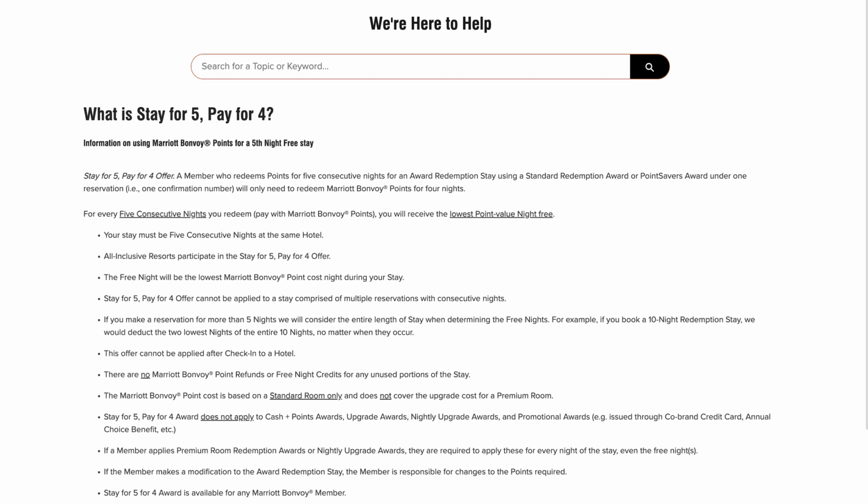So I quickly jumped on my computer to search for the award availability. It was like a complete miracle how the award availability lined up exactly with the flight that I already booked. The tricky part was that I had to find 5 days in a row because I wanted to take advantage of Marriott's 5th night free, where if you stay 4 nights on points, you get the 5th night free. I don't have a ton of Marriott points. I maybe had like 1,000 or 2,000 Marriott points in my account at that time. I don't stay at a lot of Marriott hotels, but in this case,